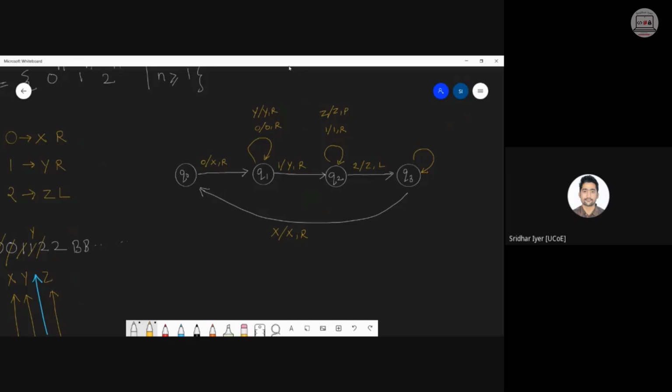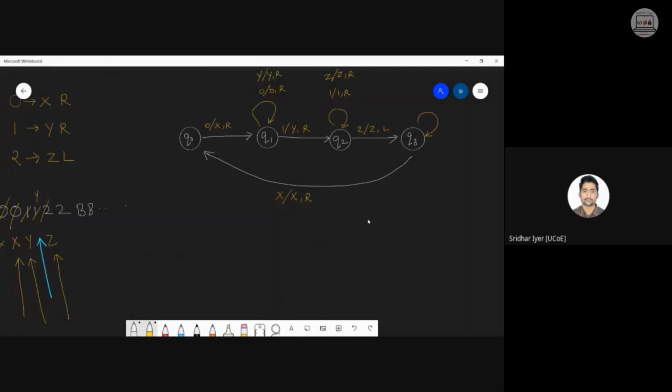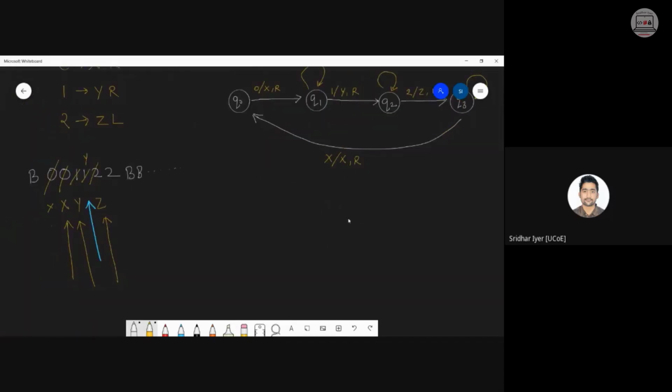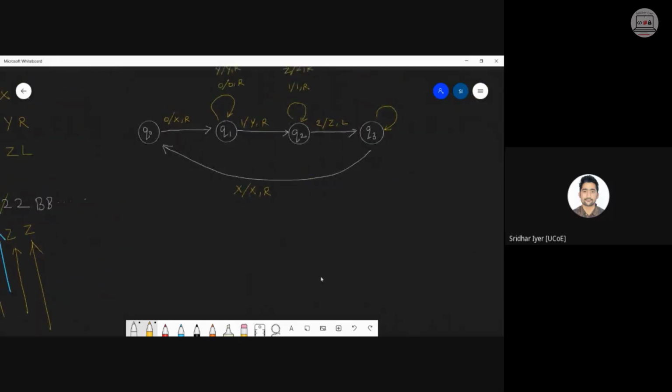Is everyone understanding now? I guess now it is not that confusing as yesterday because we have already got a hang of it, right? That is why I'm solving with an example side by side to make things clear. I hope it is clear now. So once this Z is bypassed, my pointer will be pointing over here. And now I know that I have to convert this also into a Z. And once I convert this into a Z, I will again start moving to the left. So everything is same over here.